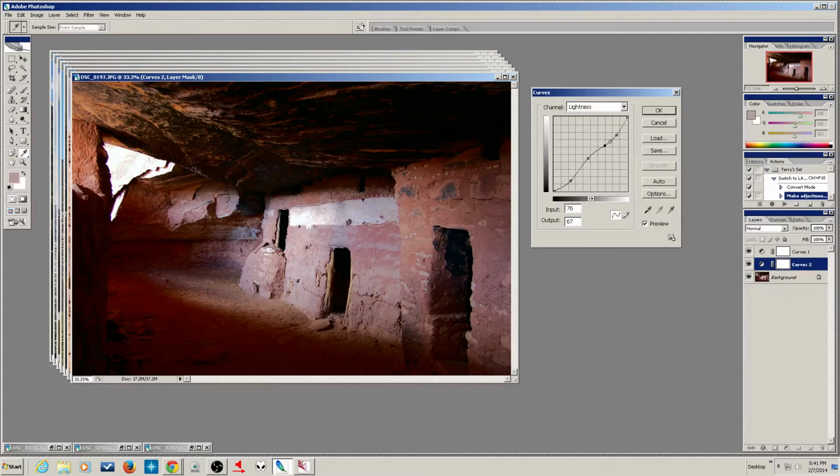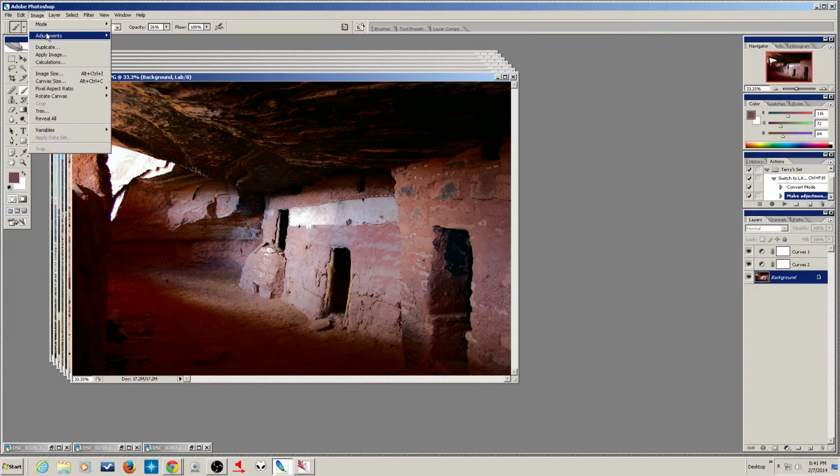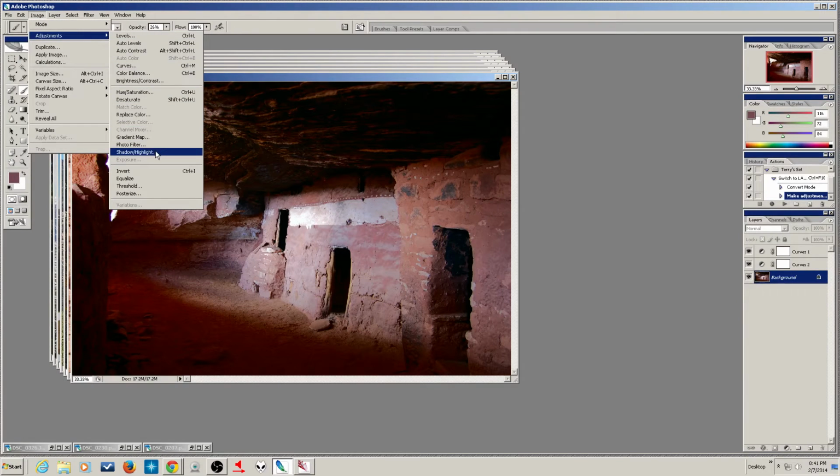Some of you might disagree. You might say, you kidding me? That was the most interesting part. And up in here, I tried to increase, without blasting anything, I tried to increase the contrast and get back some detail. But this is a place where the good old shadow highlight control might have been something that I'd want to pull out. For those of you not familiar with shadow highlight,